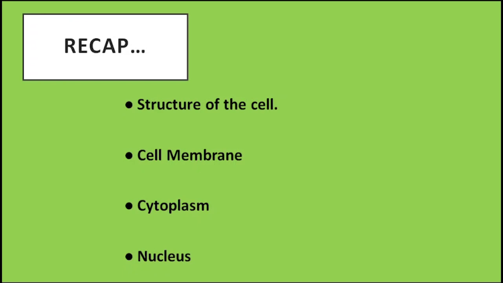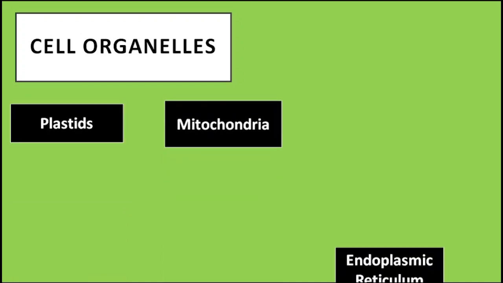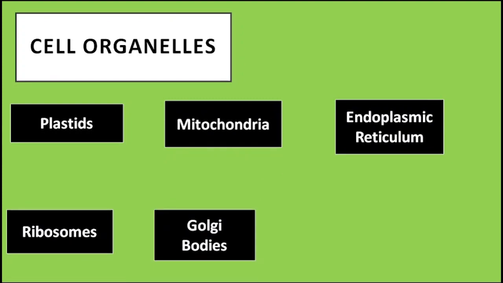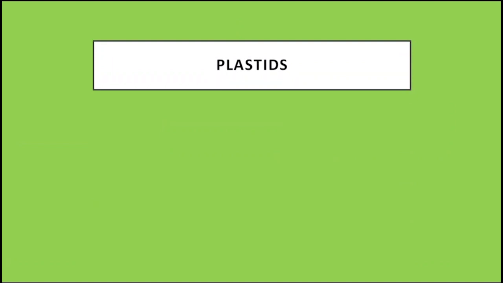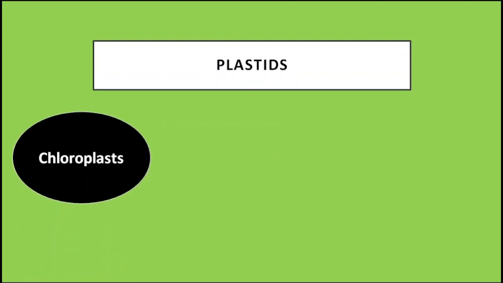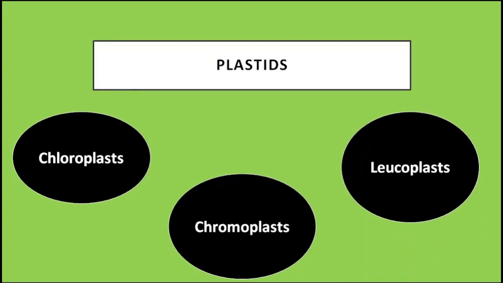The third one is your endoplasmic reticulum. Now it gives internal support to the cell and it forms channels for the transportation of materials. And the picture you can see on the screen. It's just for your knowledge. You don't have to draw it or remember it much. The next comes your ribosomes. What is its function? It synthesizes proteins in the cell. That means production of proteins, you can say.